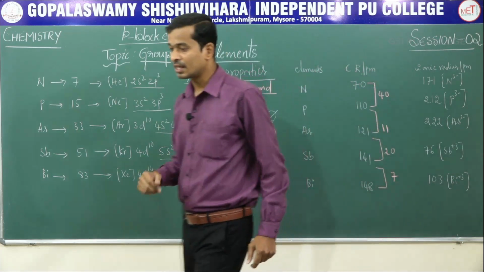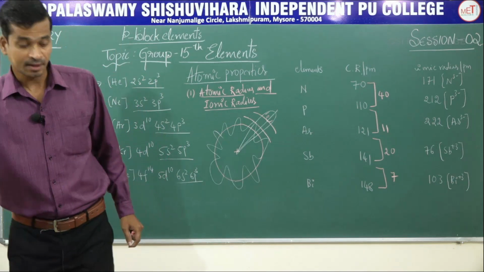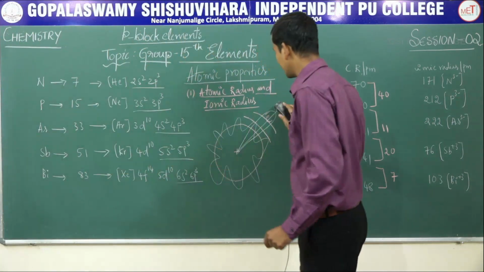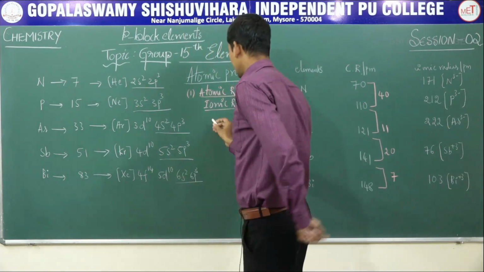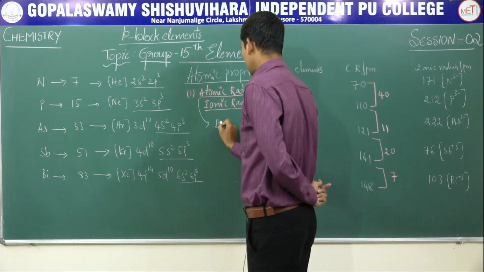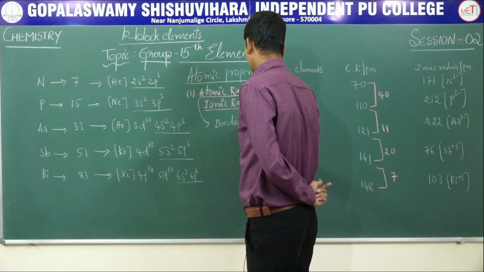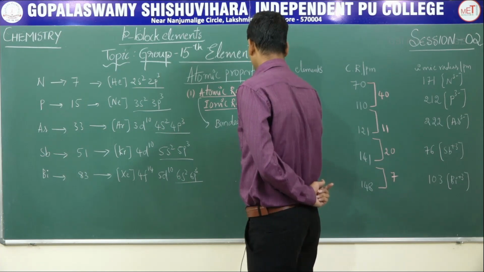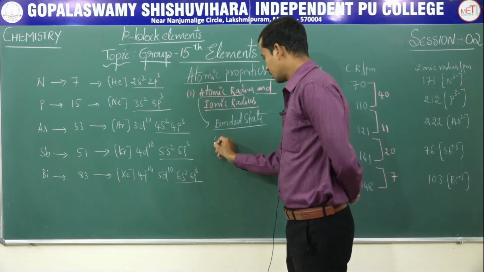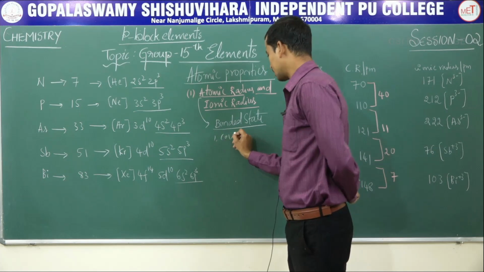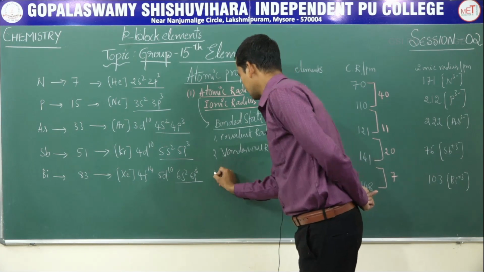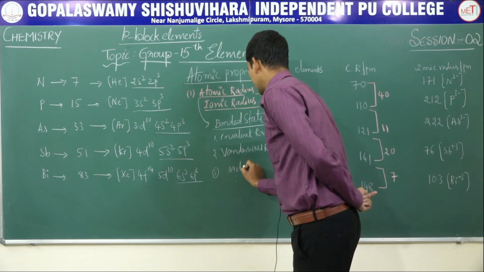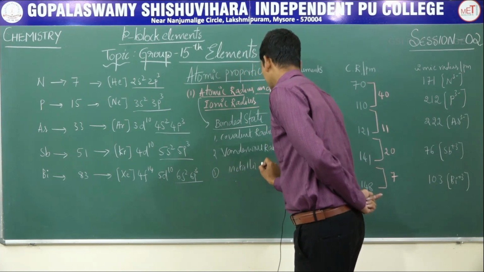That's why atomic radius can be defined or measured only in a bonded state. That's very important. Atomic radius is measured in terms of bonded conditions: covalent radius, van der Waals radius, and metallic radius,